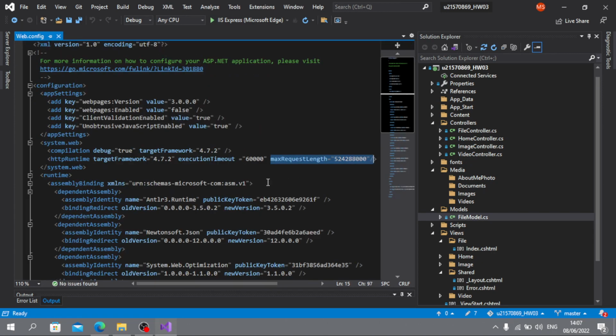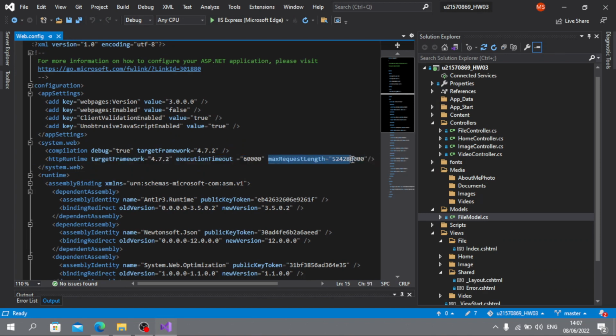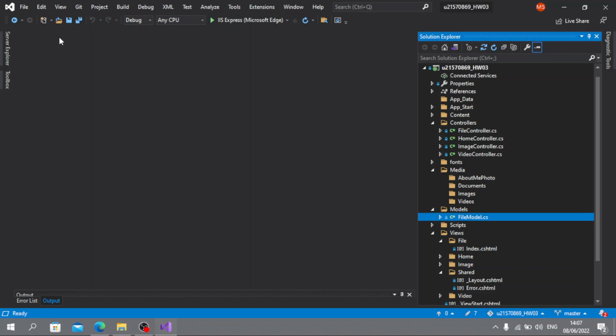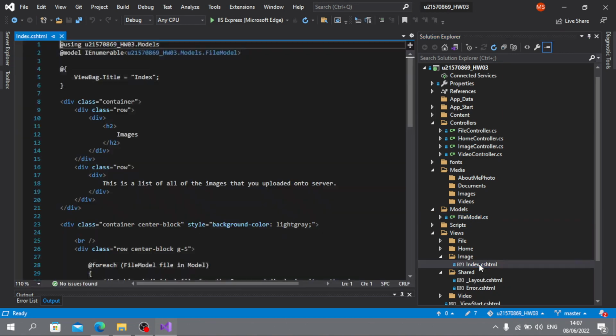And also for the downloads, I extended the execution time to 1 minute, and the maximum upload to the server to 500 megabytes, just so it can handle some of the stuff that we were doing. So if I go to the images view over here,